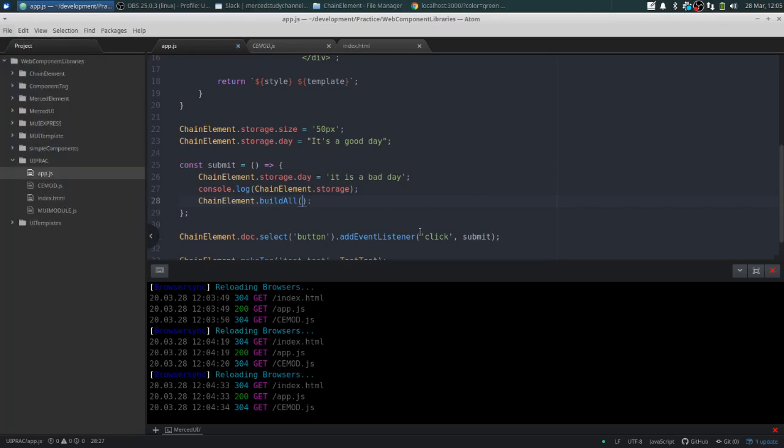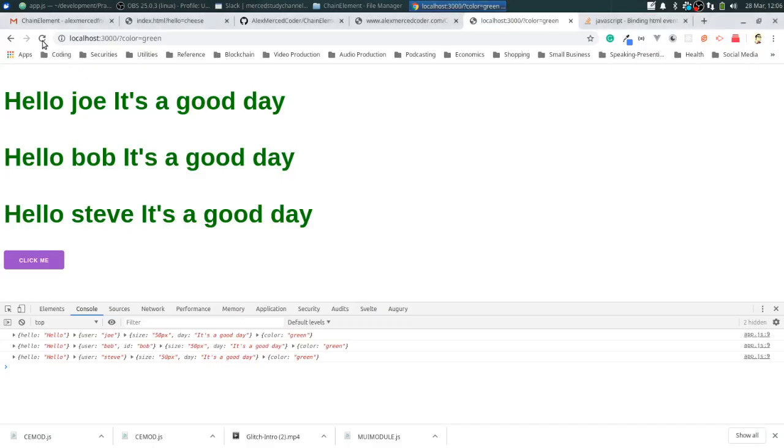But basically what happens every time you create an instance is it gets added to an array, a property of ChainElement called list. So it's constantly keeping track of every instance of everything you create from ChainElement, so that way you can re-render them if you need to. So now I hit refresh. Now if I click this,